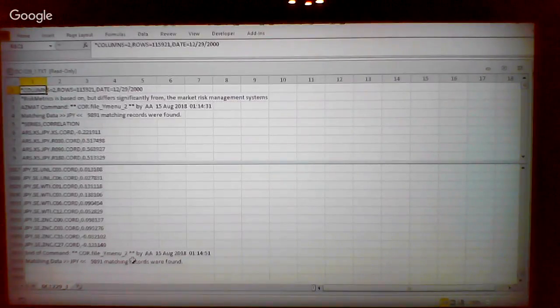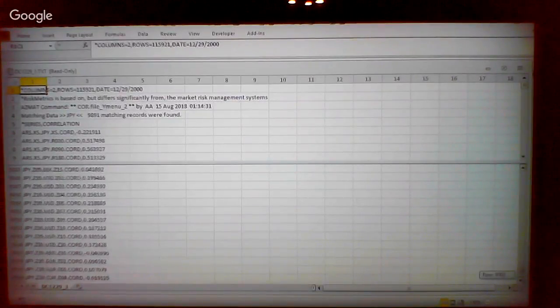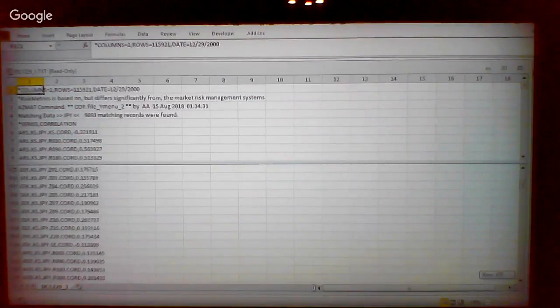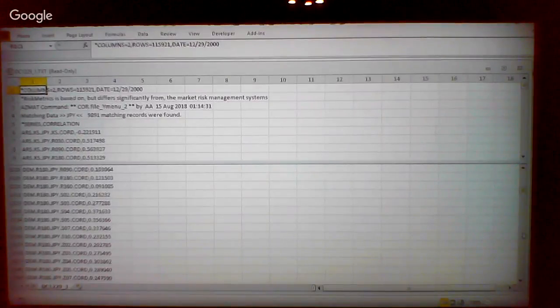So all the correlations matching against all the other currencies and instruments. As you can see here, if you go through that slowly, quite a lot. Now what we could do next, to see what it's doing, would be more interesting, is to,